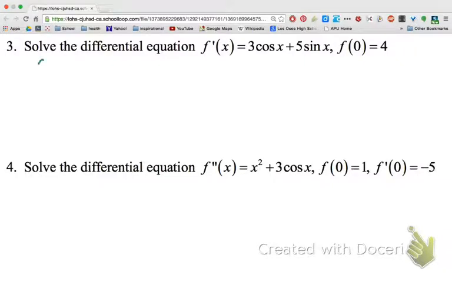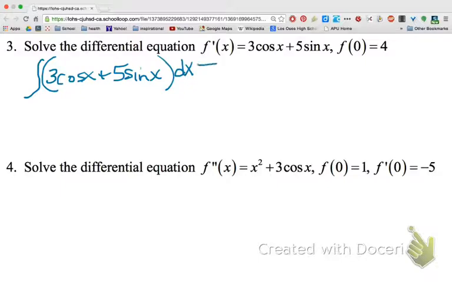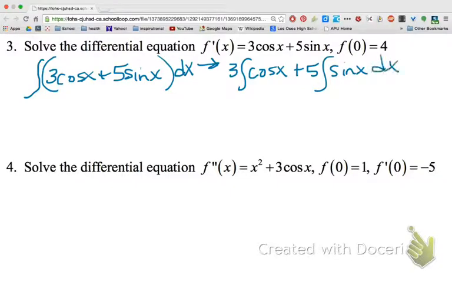So let's try another one. I have to take the antiderivative of that derivative. Remember, good communication, what variable we're integrating with respect to. And of course, I can split them. Coefficients to the front, please. Oops, I forgot to put the dx in here. We'll squeeze it in. Okay, so now when I integrate,